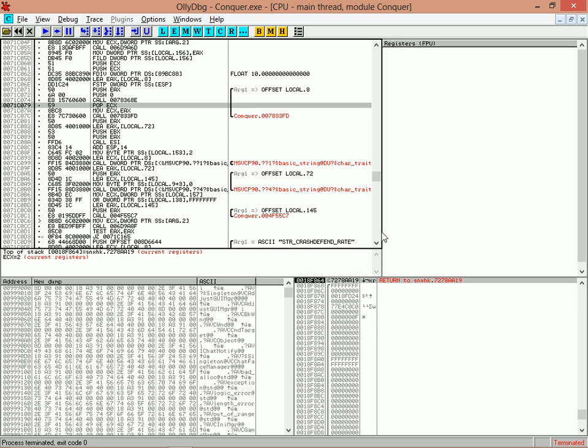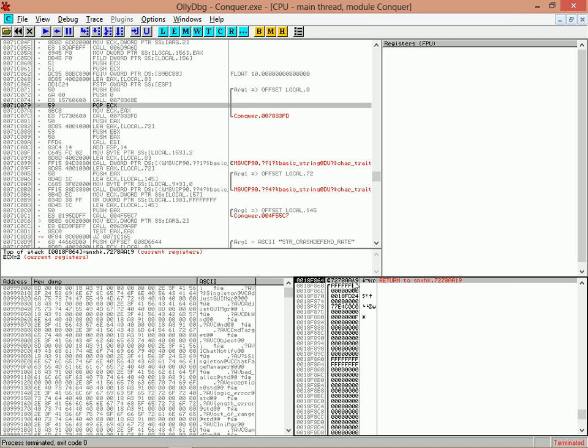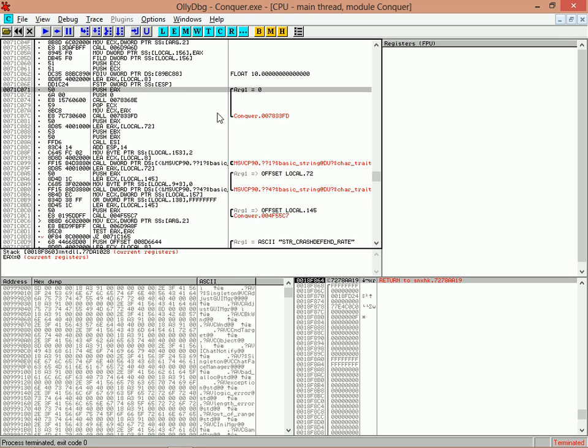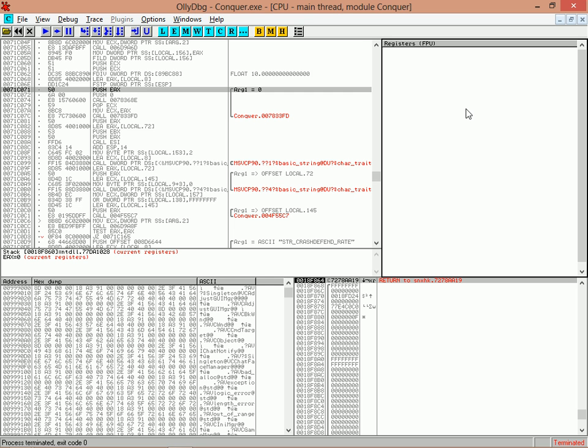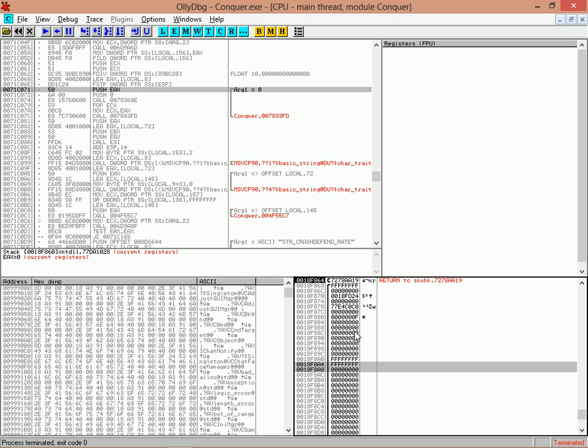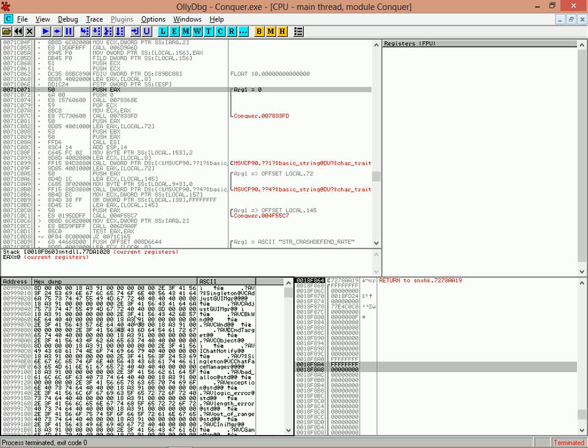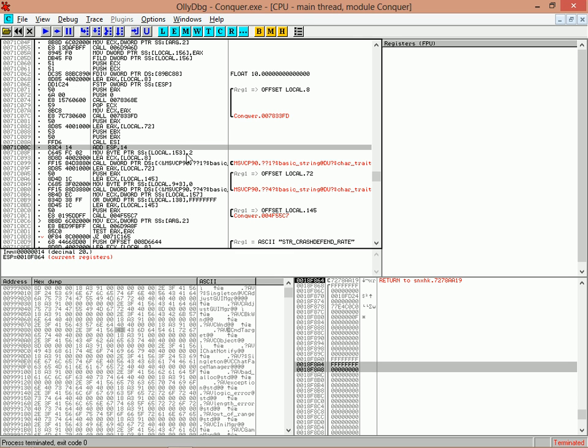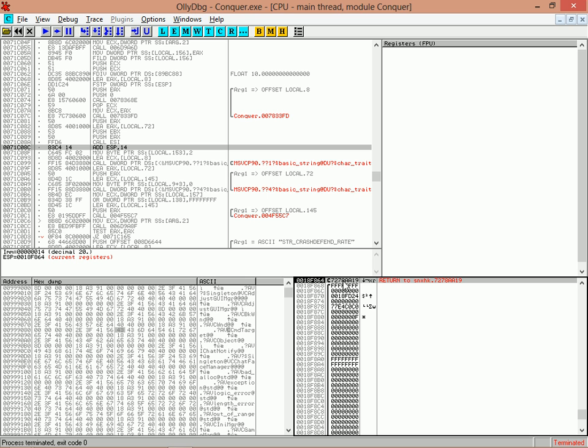So first thing I like to do is to analyze the stack and see what was the last thing this program did before it terminates. So this is, again, for those who don't know what all this nonsense on the screen is, this is your main CPU window, and this is the register window, this is the stack window, and this is the memory view or the memory dump. So we're going to head to the stack window, and we're going to scroll down